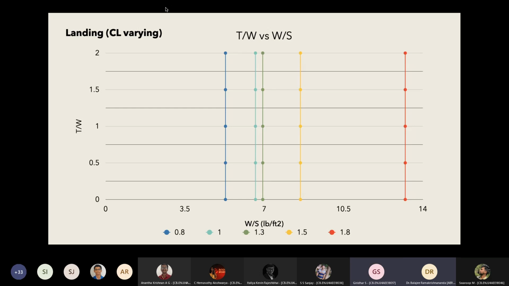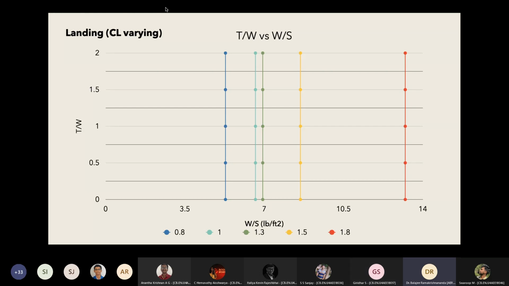So what I thought was, for a given wing loading, if the CL max is increased, then the landing length is shorter. No, no, stop there, because the wing loading is not given. Yes, sir. You have to choose the wing loading. This is the dilemma now. Okay. So we are trying to find out the wing loading. Only the landing length is given.